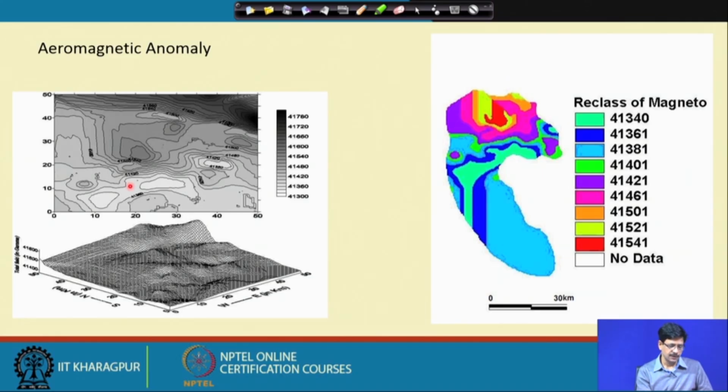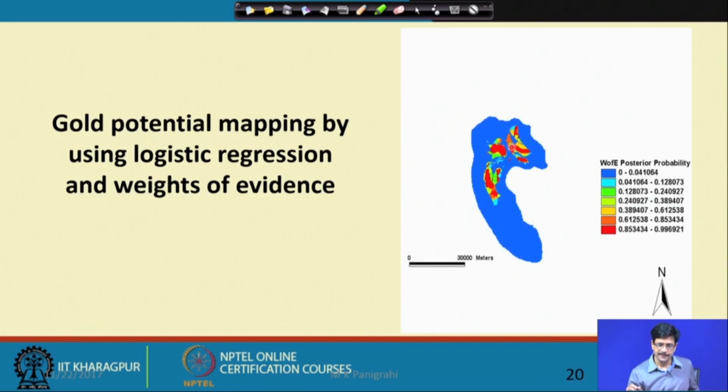Since these are also numerical values, we could also discretize that and divide them into regions in terms of several ranges of the aeromagnetic anomaly map, and integrate it as one of the layers. Then we integrate them all and find out something which is a gold potential map